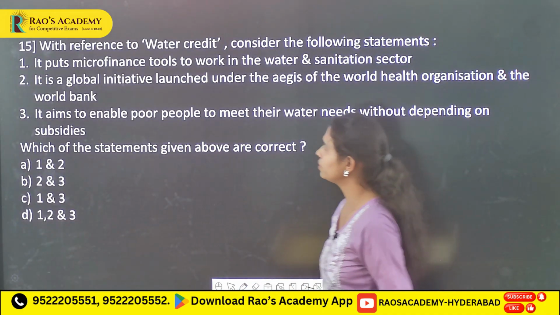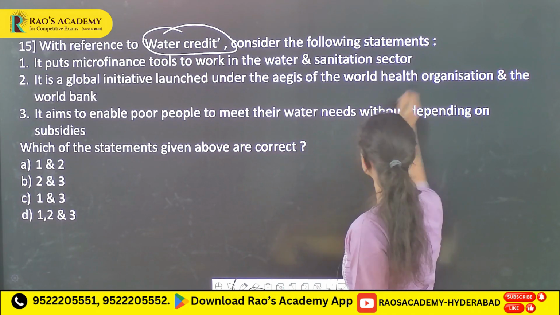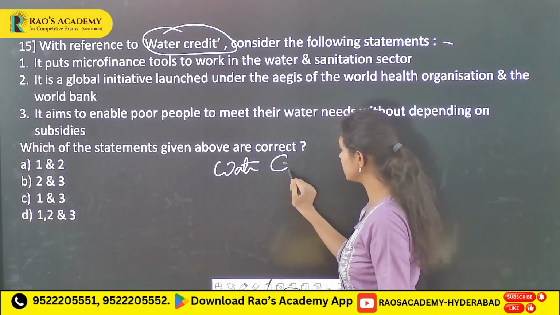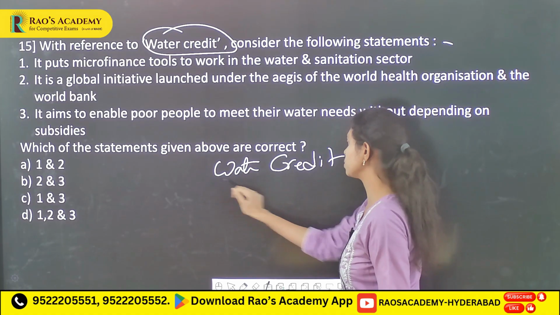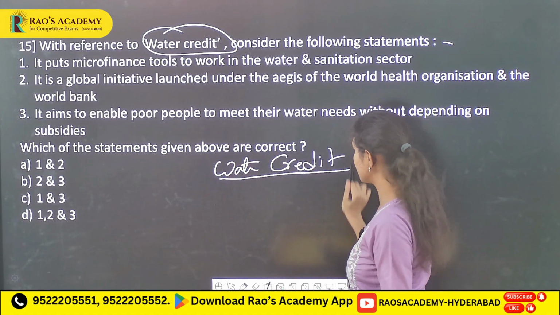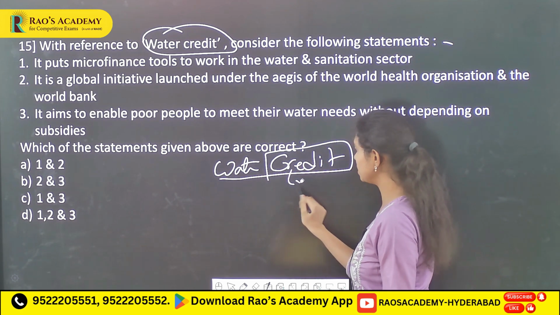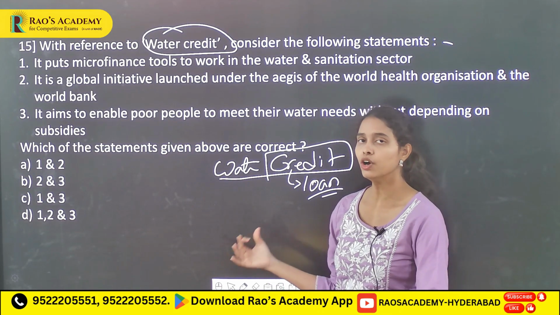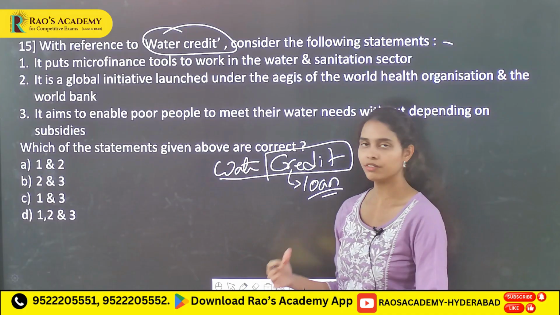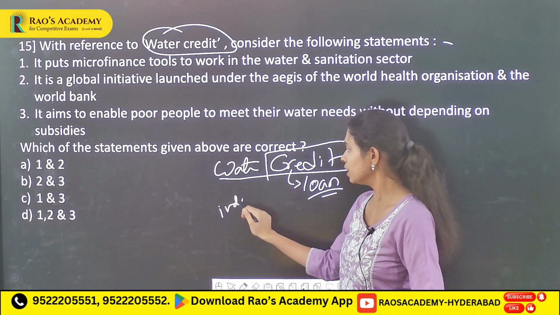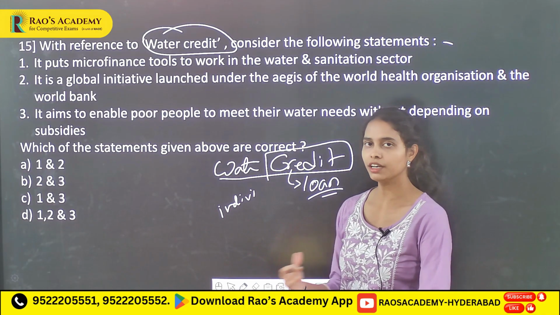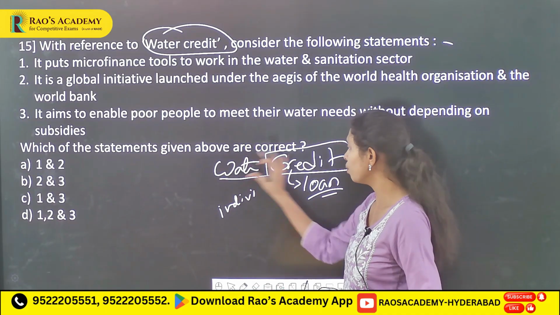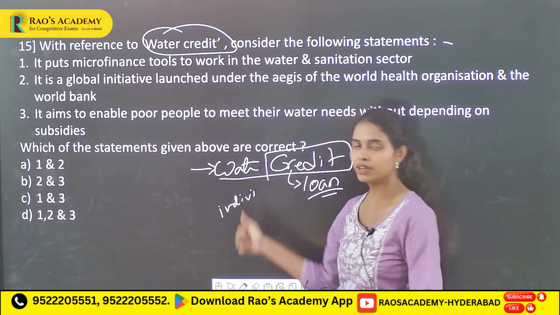Then followed by, with reference to water credit, consider the following statements. So before getting into different statements, you have to understand what this particular term water credit actually refers to. From the name itself you can understand that it is talking about credit, which is a technical term for loan, right? So here the banks are going to give loans or credit to different individuals in order to help overcome the different problems with regard to water as well as sanitation. And also this water credit program is a microfinance tool which has been brought